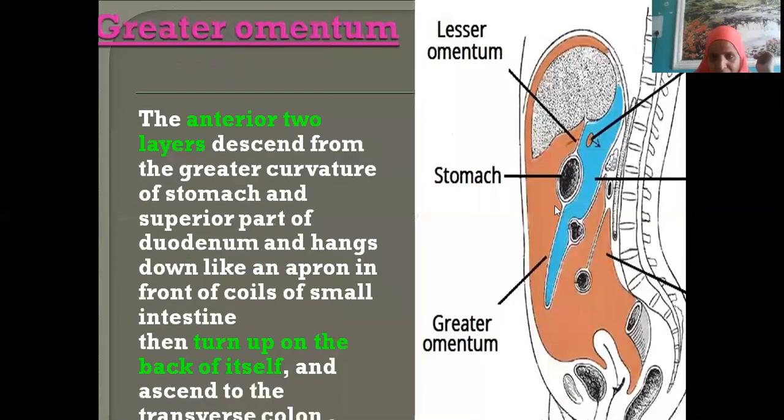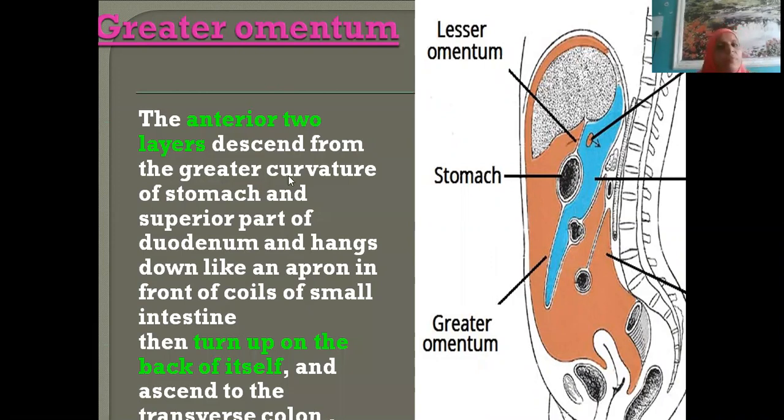See here, it's very clear. The first layer is coming like this and becoming continuous with the transverse colon, to continue as transverse mesocolon; you call them the first and fourth layer. Inside, lining the lesser sac, this is the second layer, and the one which is continuous with the fourth layer is the third layer. Between the second and third layer, we have the lesser sac. Outside the first and fourth layer, we have the greater sac. Hope you understood better. I'm trying to make it more clear.